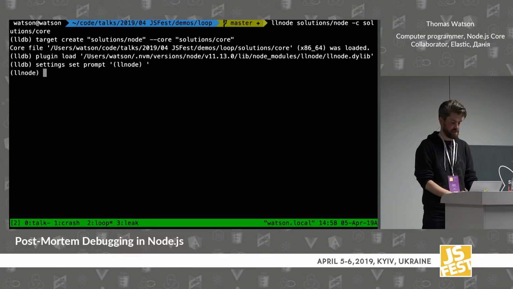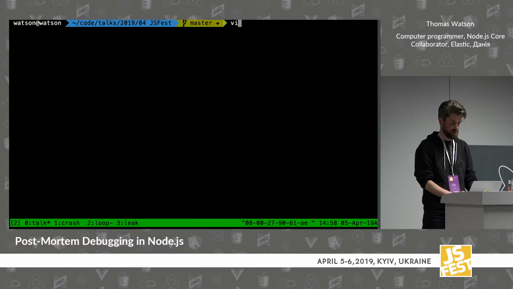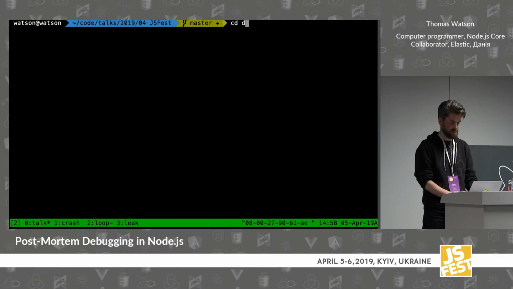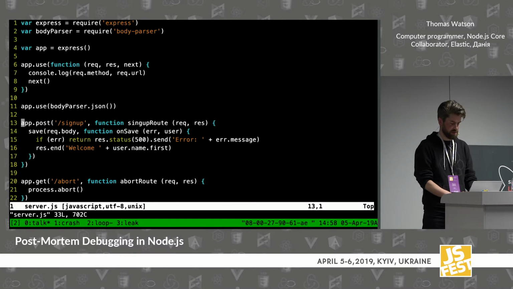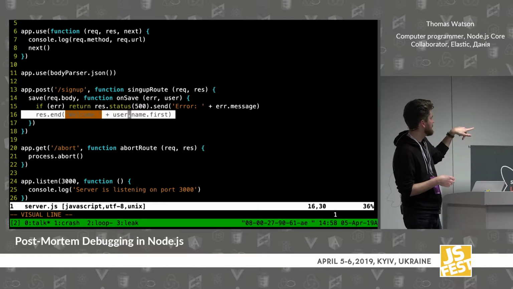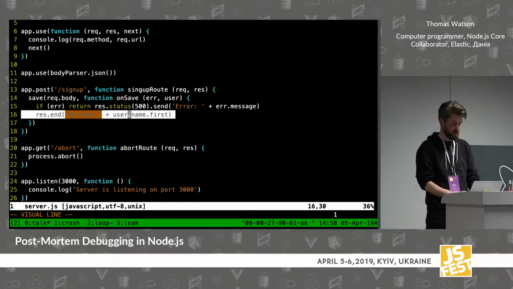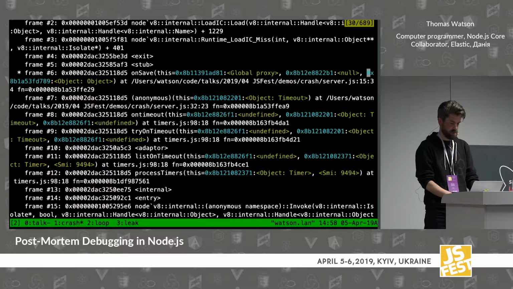And if we actually look at the code here, you can see it would error on this line 16. We're trying to access first on the name property on the user object, and that's where it failed. So if we go back to looking at the crash, and then look at this object here,